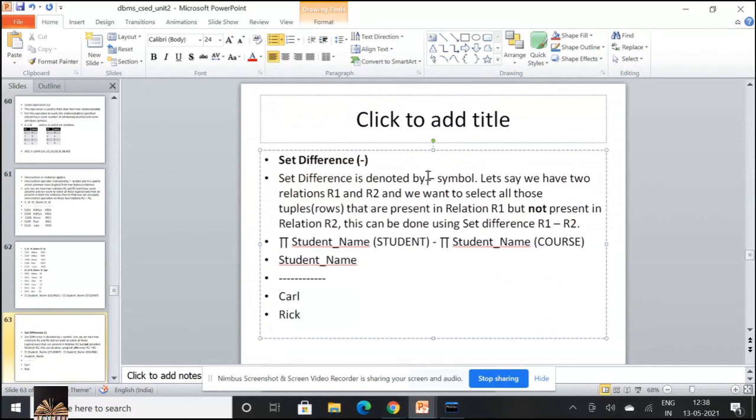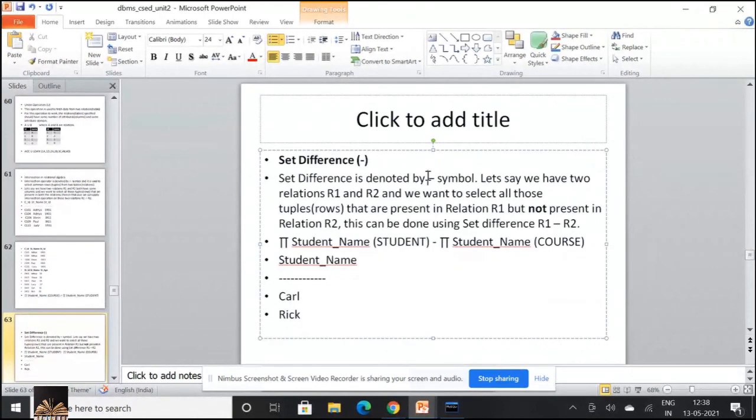So R1 minus R2 will give you the tuples present in R1 but not present in R2. You can write the same thing in the reverse order, R2 minus R1. So you can use it in two ways: R1 minus R2 and R2 minus R1. That is set difference.